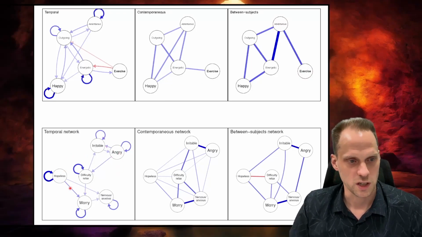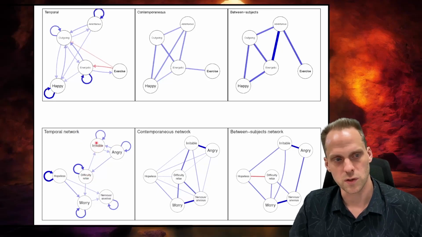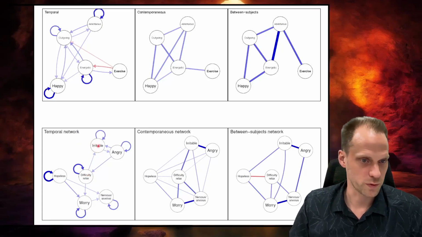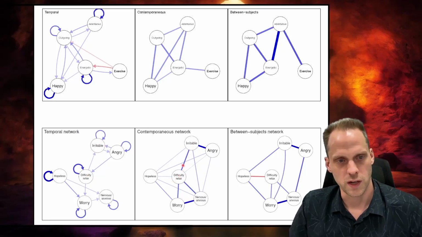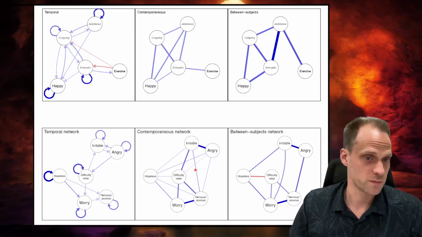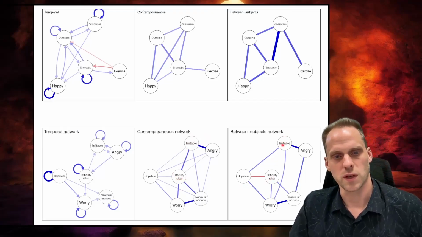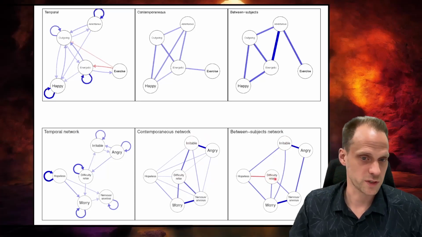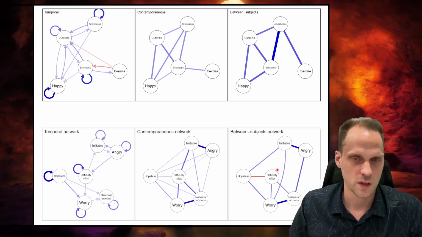Here we also see similar effects. So, for example, we see that finding it difficult to relax on average leads to people being more irritable 3 hours later or the next time point. And these two variables are also related to each other at a contemporaneous level, but not at the between subject level. So here, a person that on average finds it difficult to relax on average was not more irritable, or at least we did not uncover that. Might be a lack of power, of course, as well.